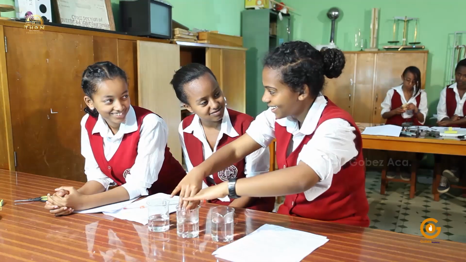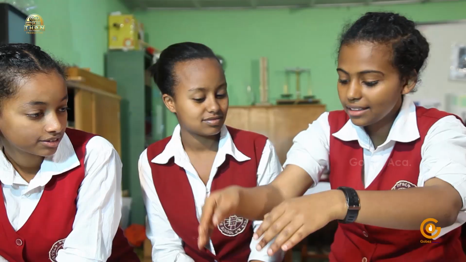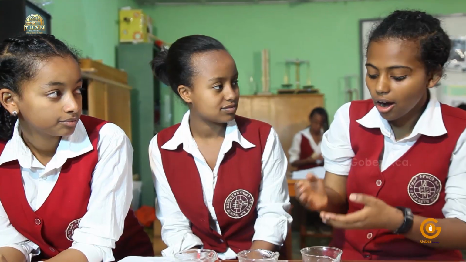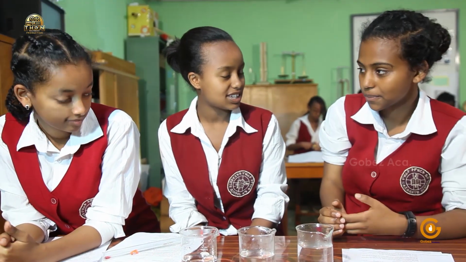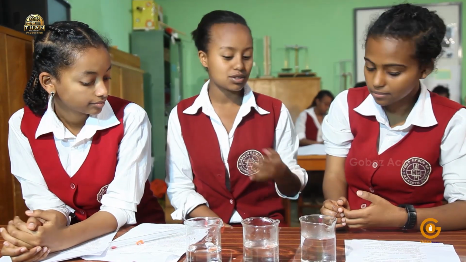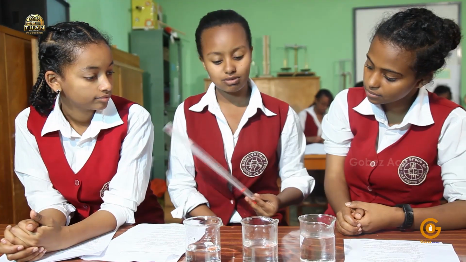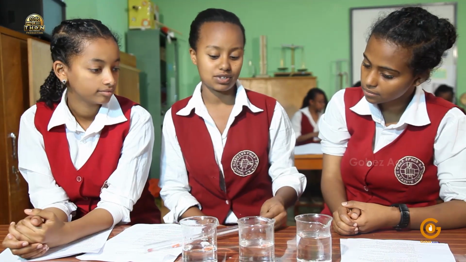Oh, you're right. My left hand, which was in the hot water, feels cold, and the one that was in the cold water feels cold now. So I guess from this we can conclude that our fingers tell us about temperature relative to their own temperature. Yes, and we can see that our sense of touch is not an accurate method of measuring temperature. Instead, we have to use thermometers to realize the exact temperature of a substance.